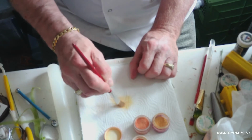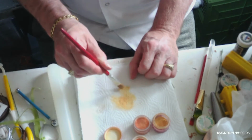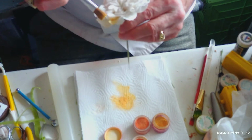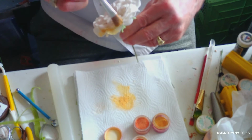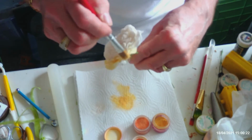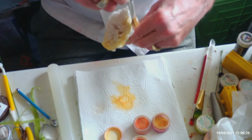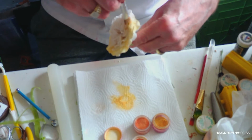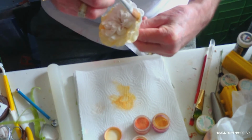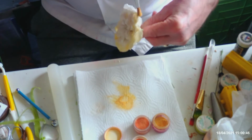Get that onto my pad. I need quite a lot of this because I'm going to do all over the rose with this. So start from the outer edge and start brushing it in. It doesn't matter if you get some parts a little bit darker than others, for the simple reason that in nature things do tend to vary quite a lot, you know,